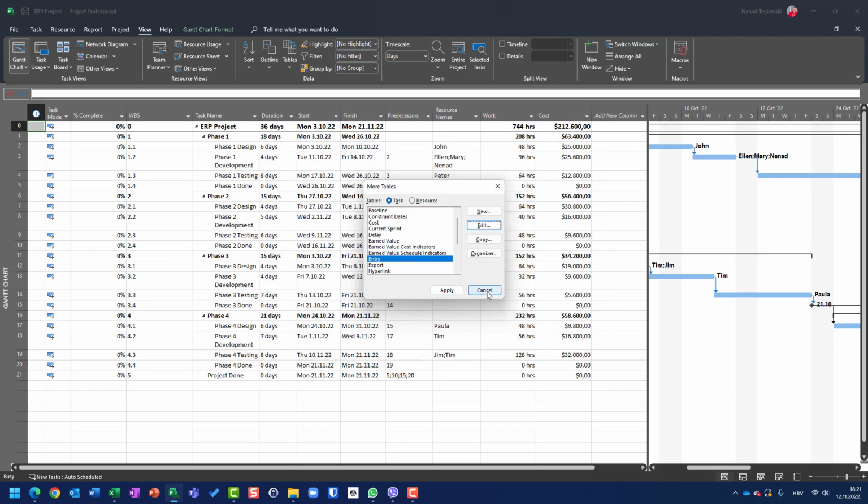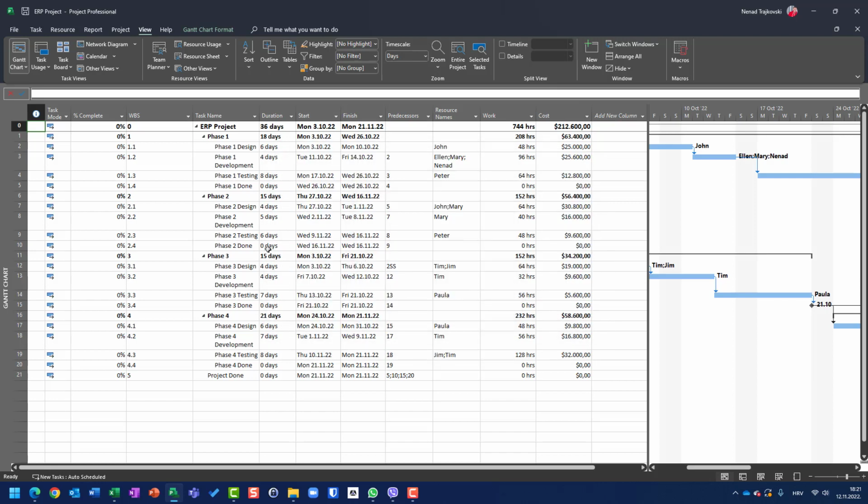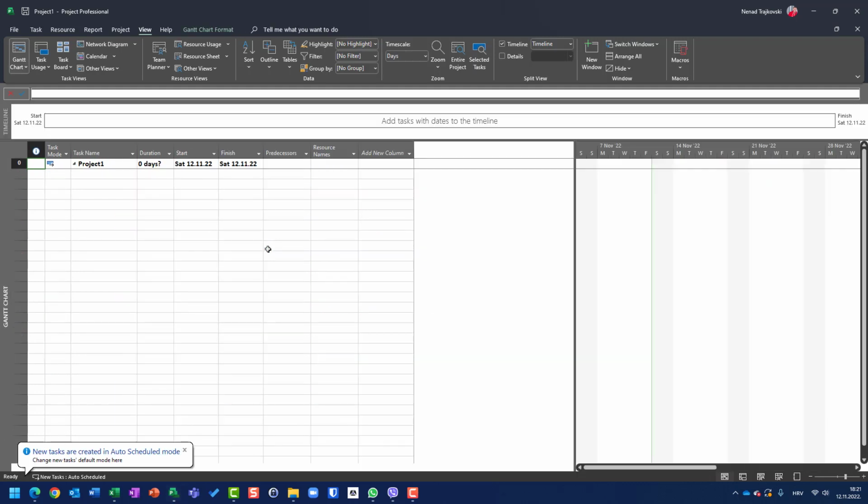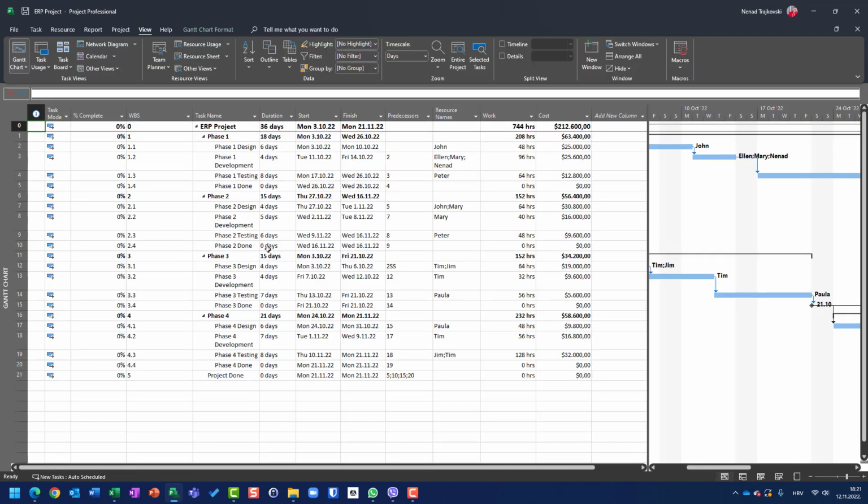Okay, what will happen if I now open a new project? I will not get the same view. Why? Because I didn't apply this particular table to the global template. So if I want to keep this view, the Gantt chart view with the entry table, with all those fields, shown like here,